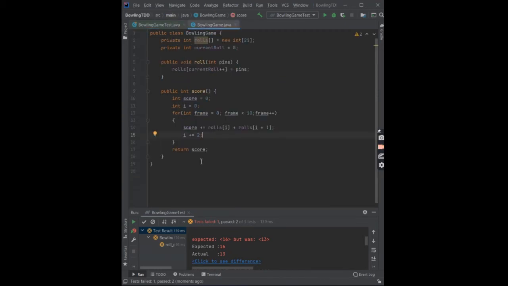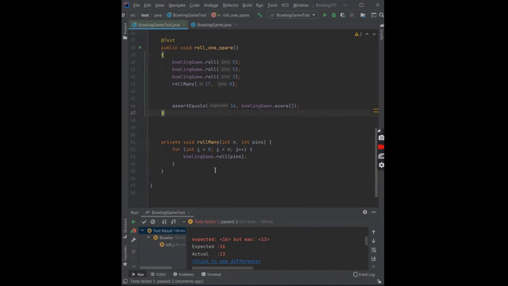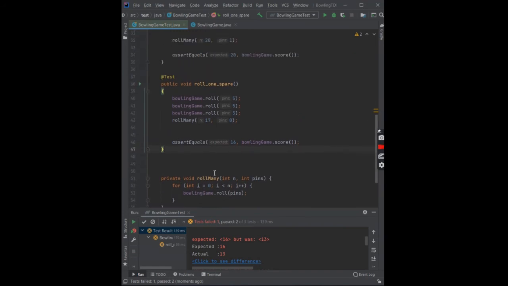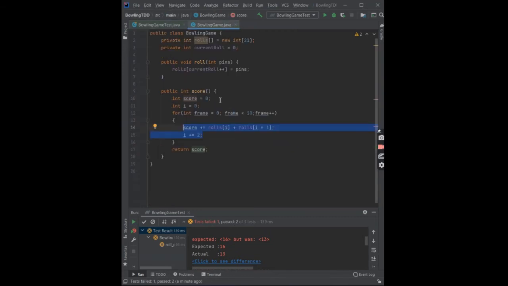But why? Here, this piece of code is not considering the spare situation, meaning that when the sum of these 2 is equal to 10, we are going to have a different way of calculating it. So this code, these 2 lines,